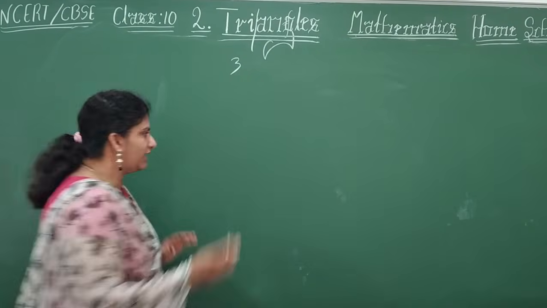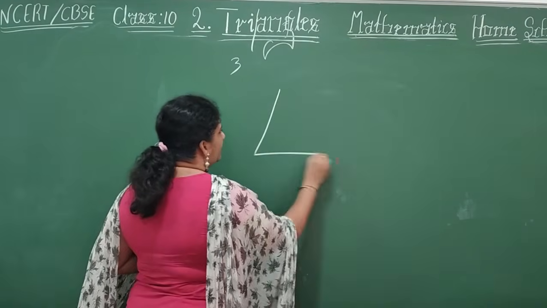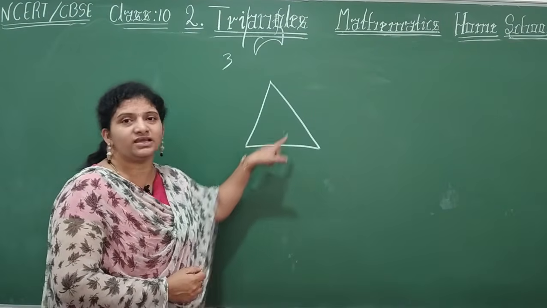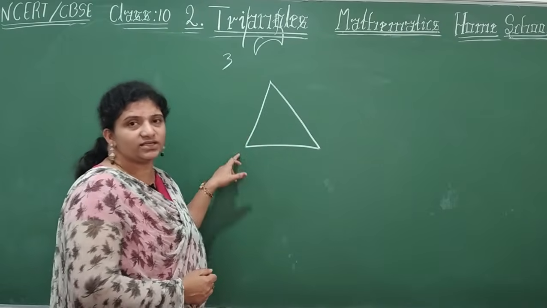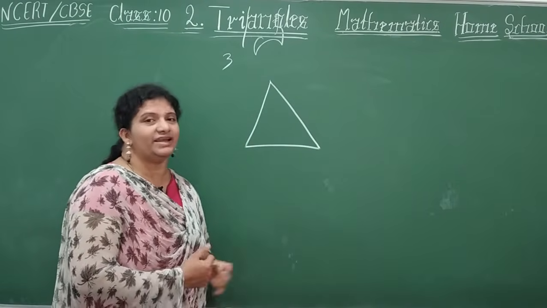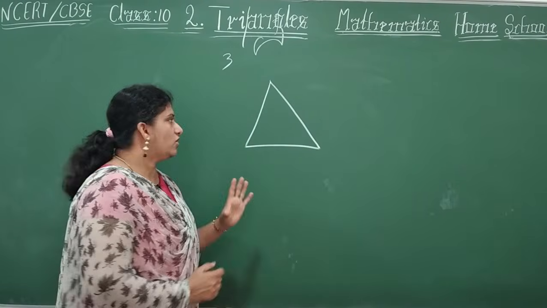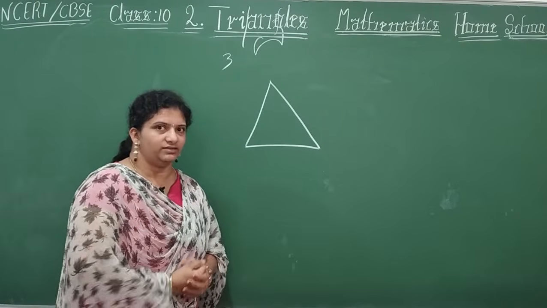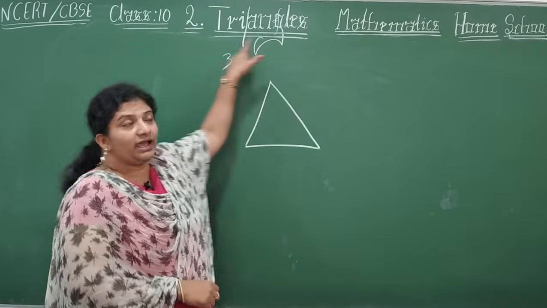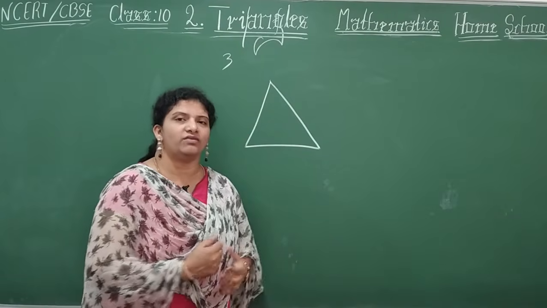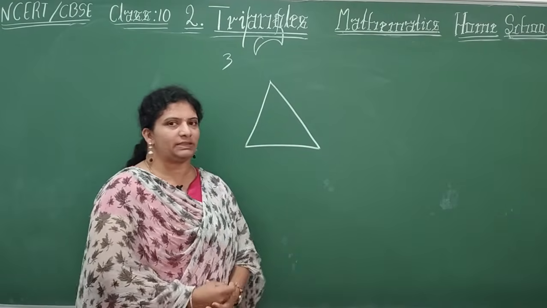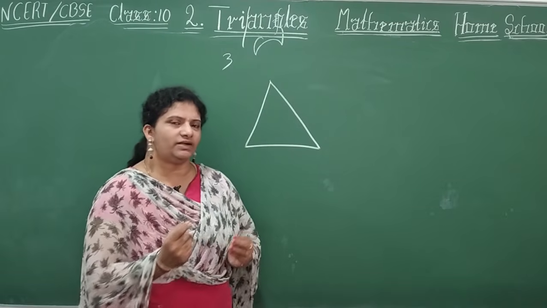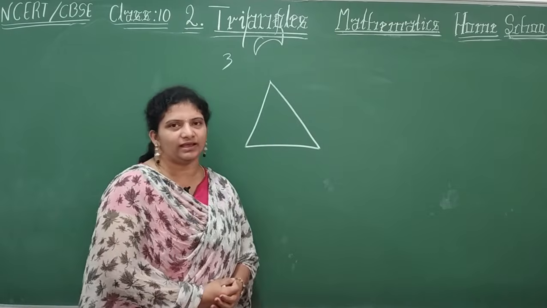What is a triangle here? Triangle. It is a polygon. Triangle is enclosed with three sides, three vertices. These sides are called the edges, right? So we are going to talk about a triangle. Triangle is singular. Okay, so triangles, more than one, we are going to talk about in this chapter, right? So what is a triangle? A little bit we'll come to know what a triangle is here.